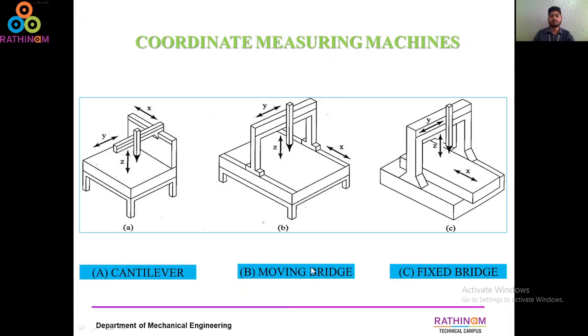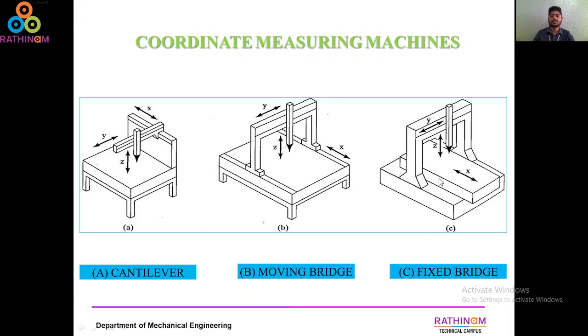So let me see bridge types. This is a bridge gantry, and based on this they call it a bridge CMM, that is, a bridge type coordinate measuring machine. In this, the probe is attached here. This is a probe tip, this is a probe, and it travels in this direction as y, travels in the vertical direction as z, and travels in this direction, which is called x. So in the moving bridge system also we can find three-dimensional measuring movement.